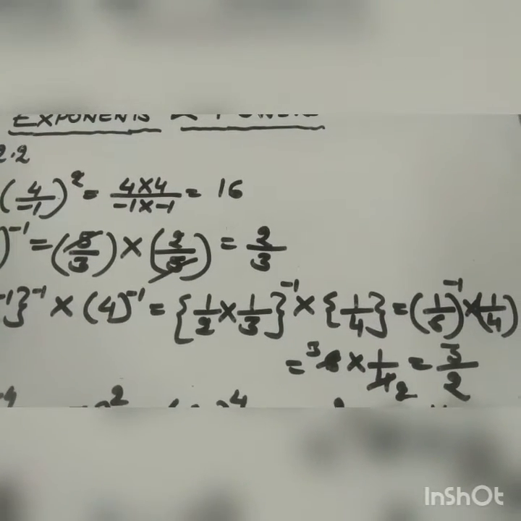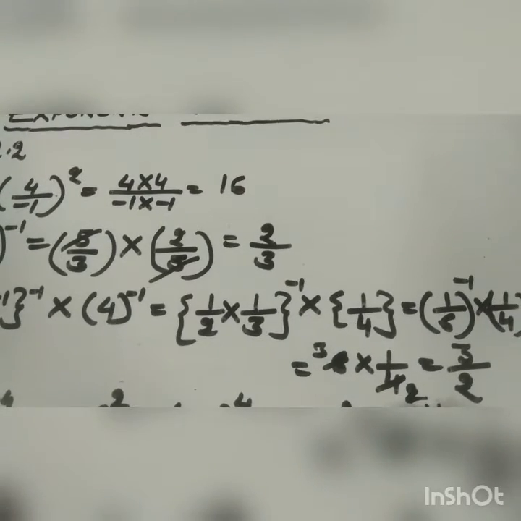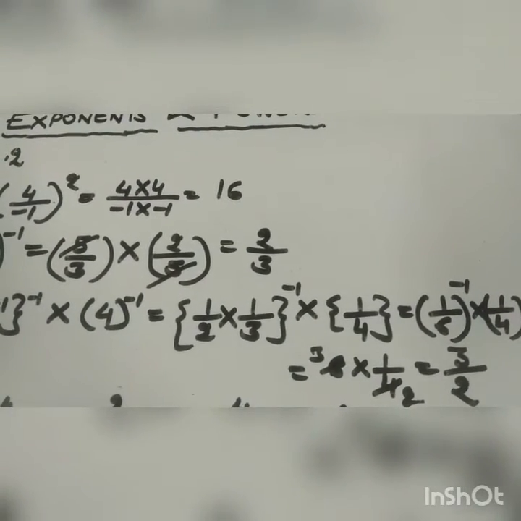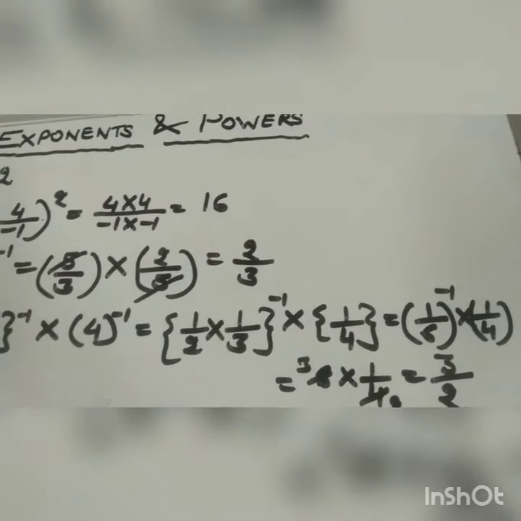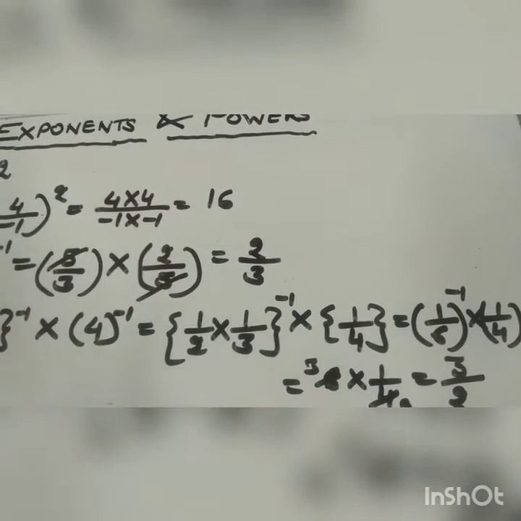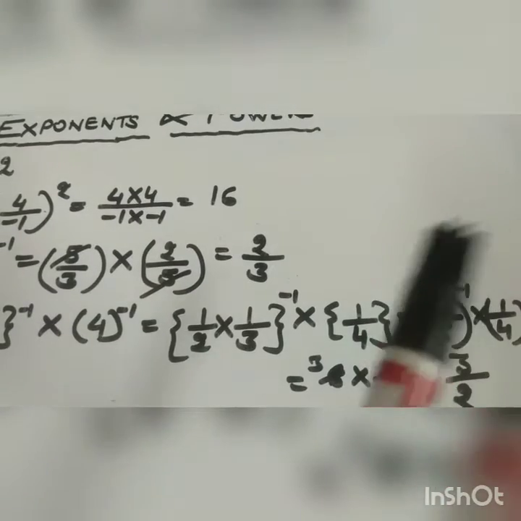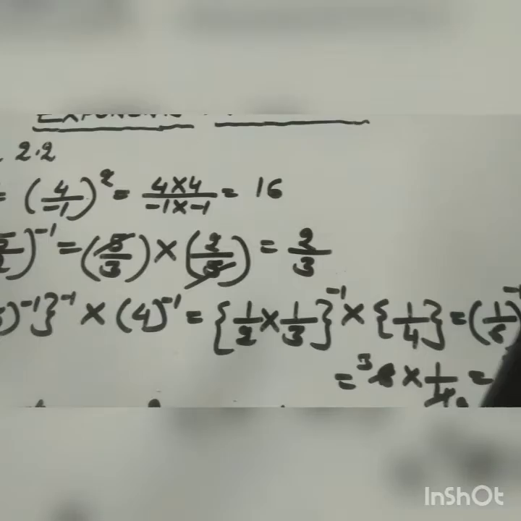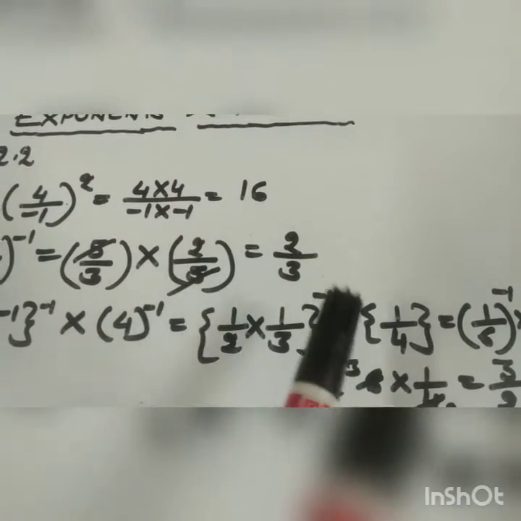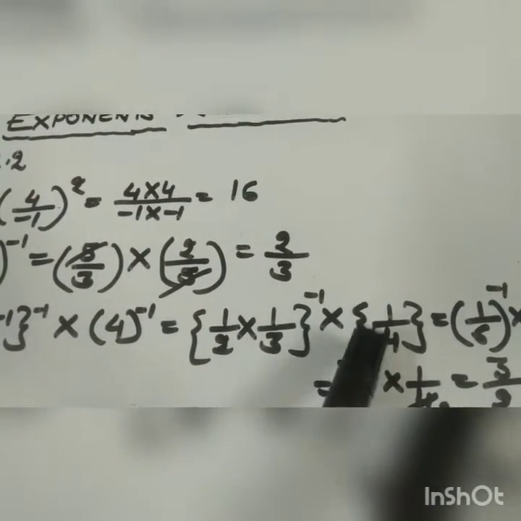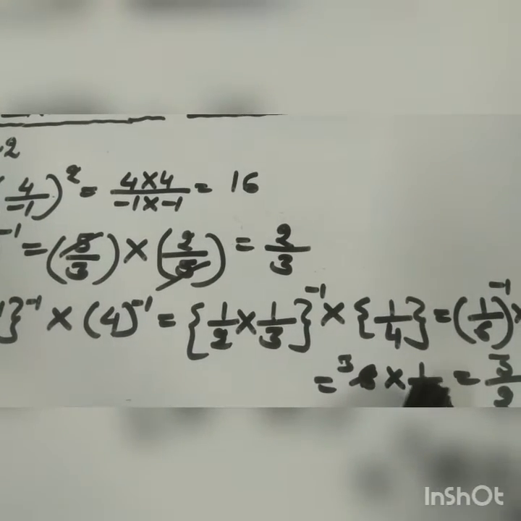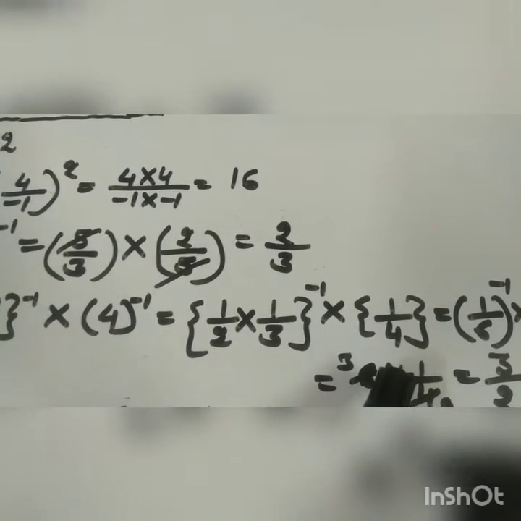This is how you are going to deal with every question. Please try to understand step by step. And one more thing I would suggest: apply one law in one step. Don't do it in a hurry, doing 2-3 steps together, because then you may make mistakes. So it's always advisable, first change the negative power to positive power, then simplify, and after simplification, multiplication, division, whatever is required, you may do it and get the final answer.